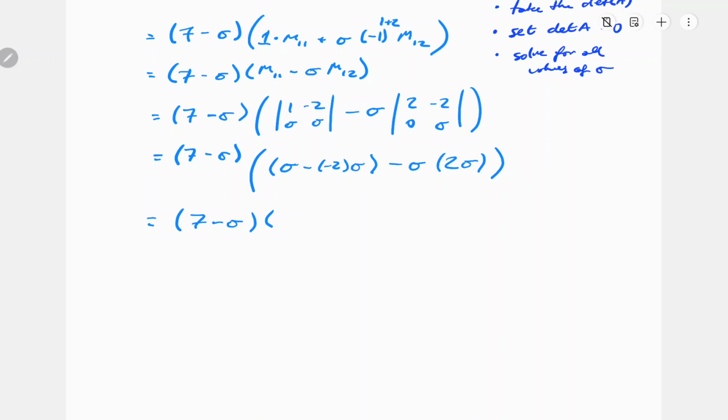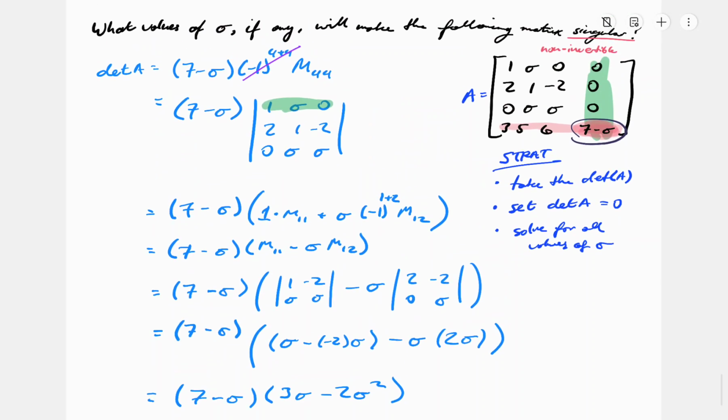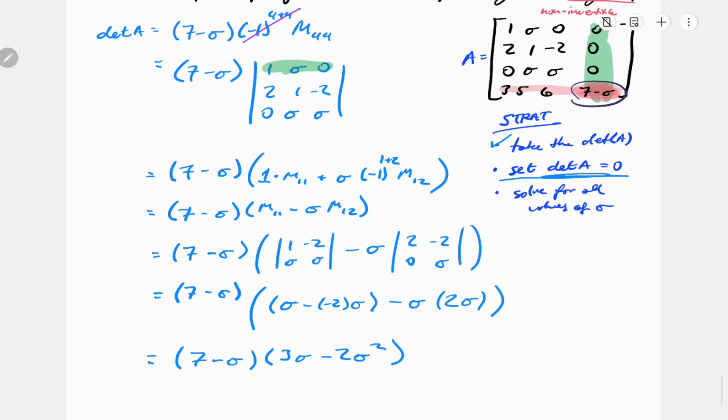Sorry. We have an addition here with our double sign. So we collect like terms, we will have 3 of our variable minus 2 of our variable squared. So I'm not going to expand this and do FOIL or whatever you call it. So we've taken our determinant, we're going to set it equal to 0. So leaving it in factored form will help us find